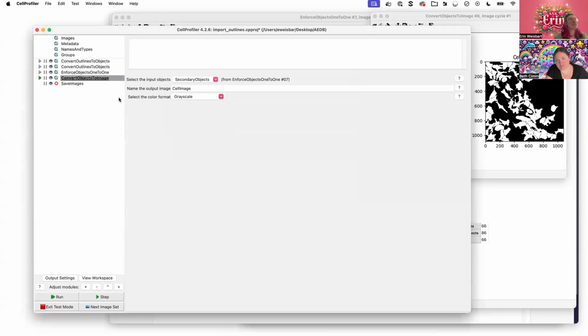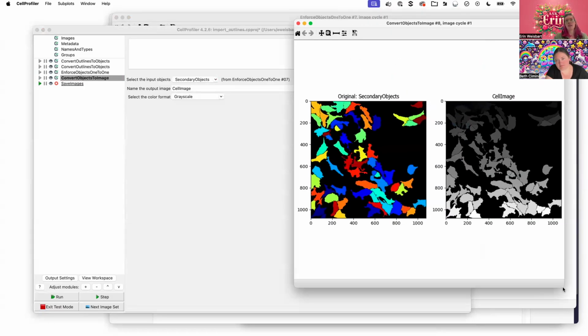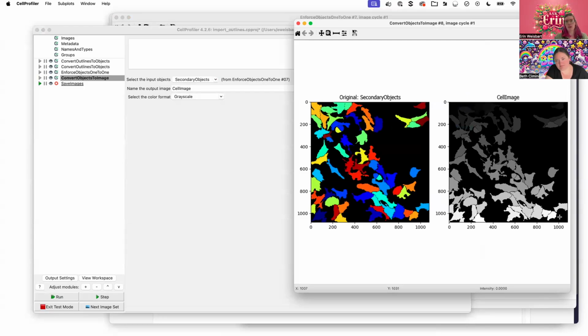If we go to grayscale, this is what is often referred to as a label matrix. And right down here where I'm currently moving my mouse, when we hover, that is the pixel intensity. In the background we have a value of 0, but as we hover over different cell objects,